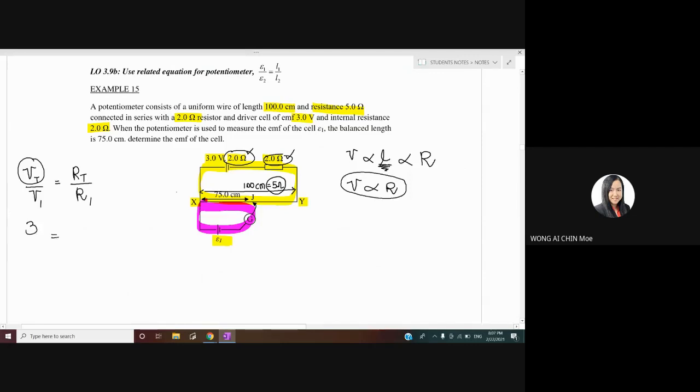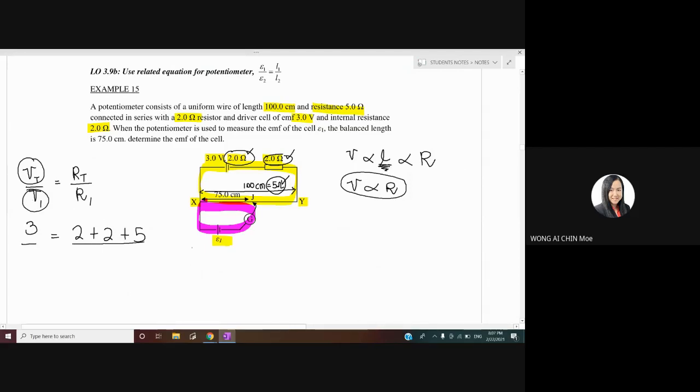Okay, R total is 2 ohm, 2 ohm, and also 5 ohm. So we add together because it's connected in series. So 2 plus 2 plus 5. Okay, because the wire of 100 cm is actually equal to 5 ohm. Okay, over